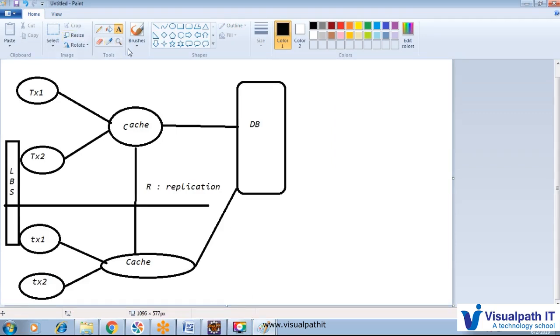Just think about this, up to this transaction cache and this database. This is an example of a process scope cache. Here many transactions are associated with the single cache, and this cache is associated with the particular DB. This kind of cache can be accessed by multiple transactions running in the application or process. So the Hibernate query cache is an example of a process scope cache. The next example, the complete picture, is the cluster cache, where we have replication and multiple caches associated with each other.